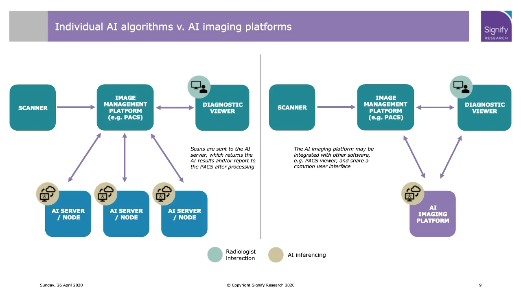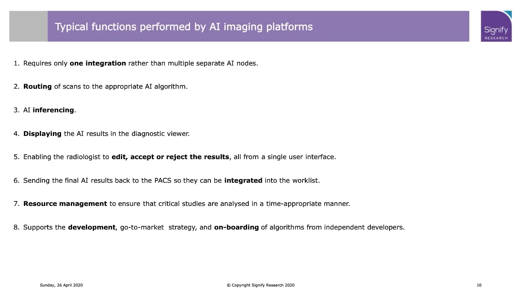And this gives the radiologist the ability to edit, accept, or reject the AI findings before they are committed to the PACS. This starts to highlight the value and the benefit of AI imaging platforms. So what benefits do AI imaging platforms offer? As I've mentioned, they remove the need for multiple AI servers or nodes. They are able to route scans to the appropriate AI algorithm and support AI inferencing. AI imaging platforms are also able to directly display the AI results in the viewer, providing the radiologist with the ability to interact with them,